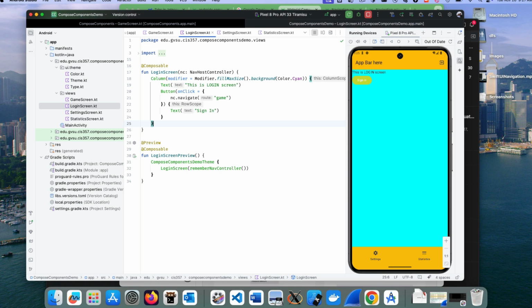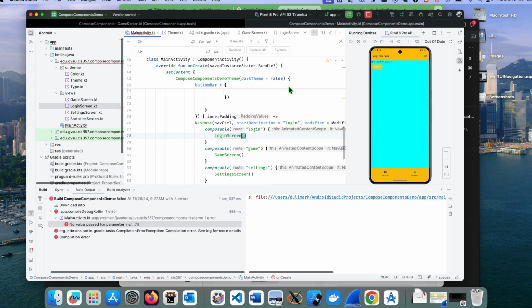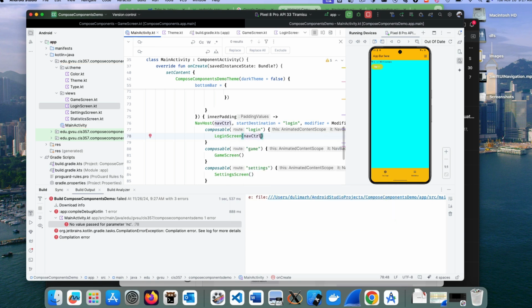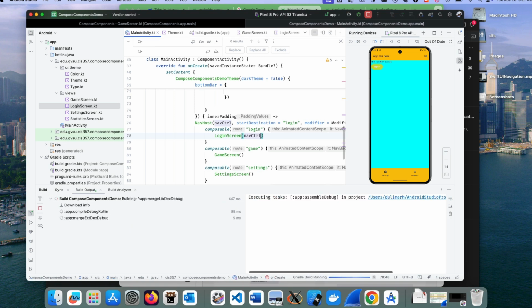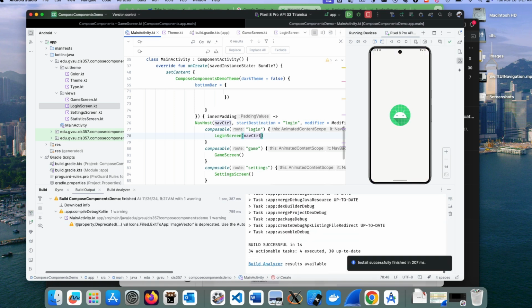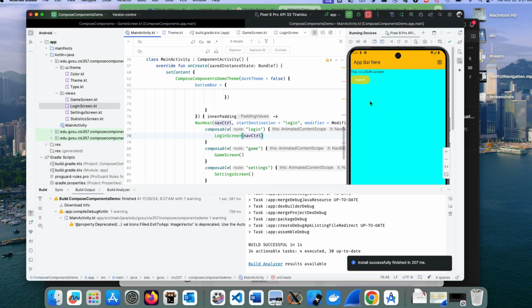And then Command B, Control R. There will be one more error because I do have to pass the navigation controller from the composable when I call login screen. So Command R again. Okay, so we are at the login screen now. If I click the sign in button, it will take me to the game screen, and